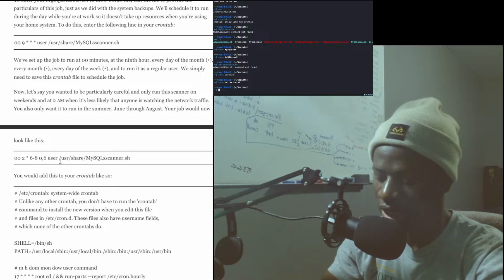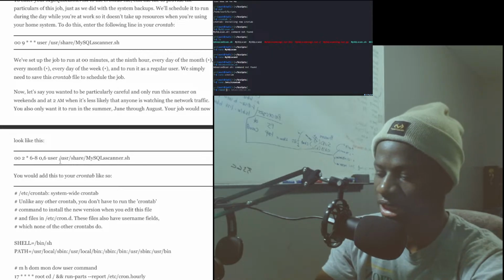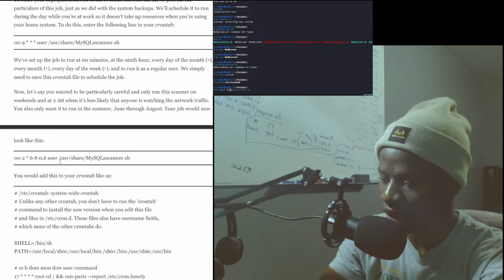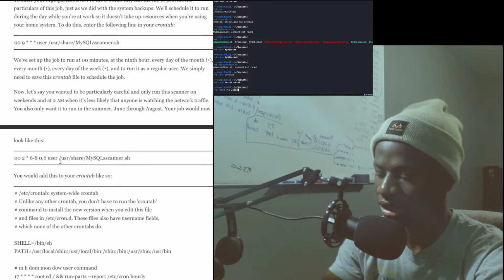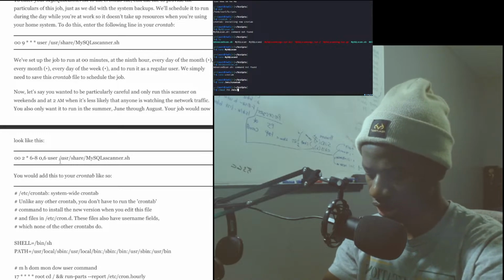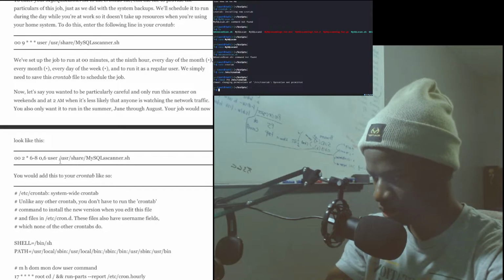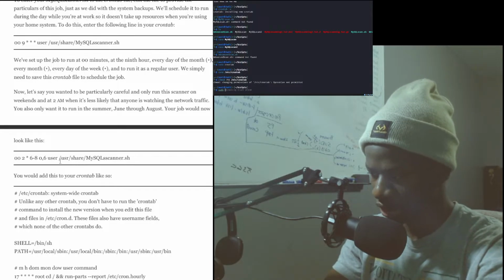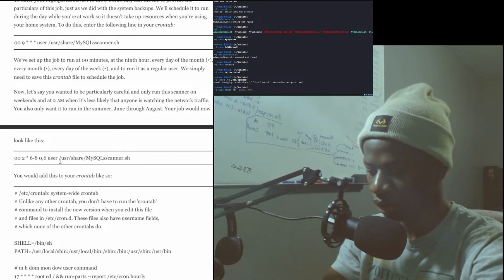So let's do that. We can use chmod. We have not done that in so long. /etc/crontab. All right, changing permission, not okay. Sudo chmod. No, it never worked.